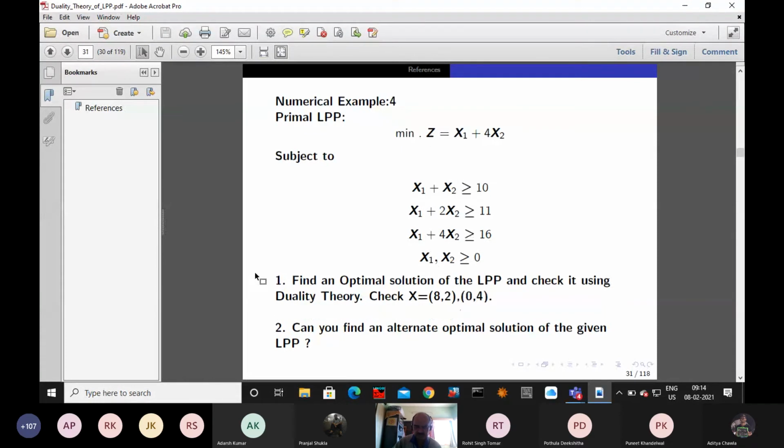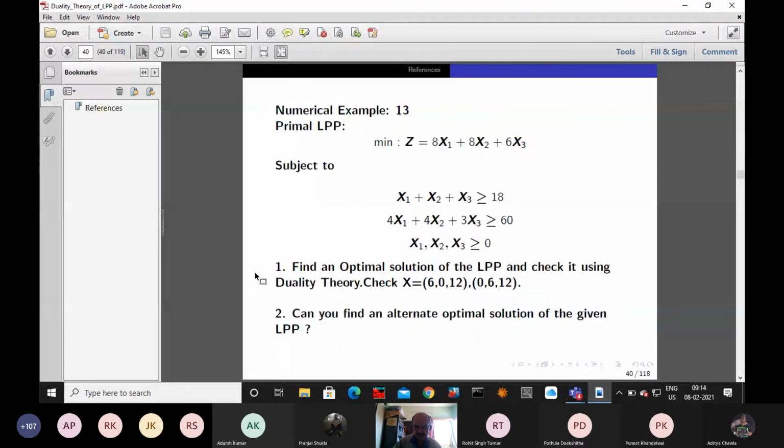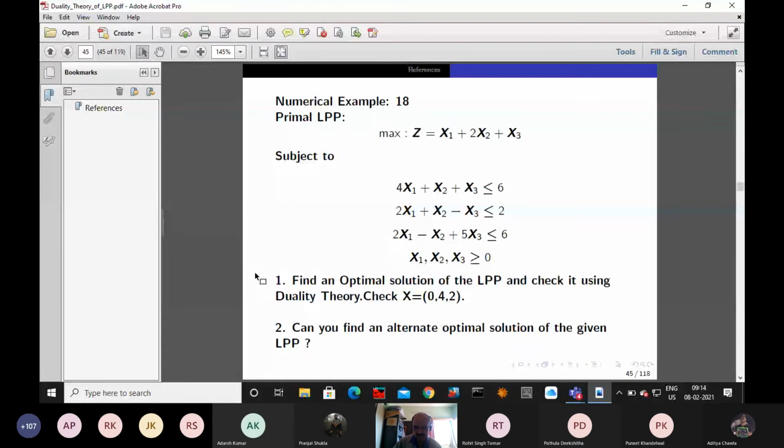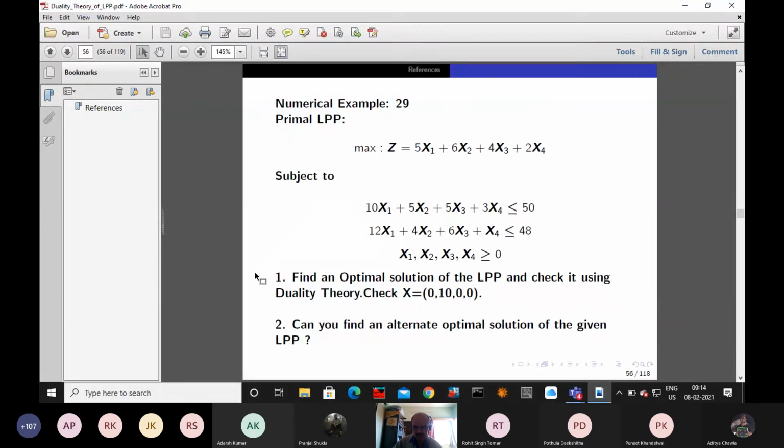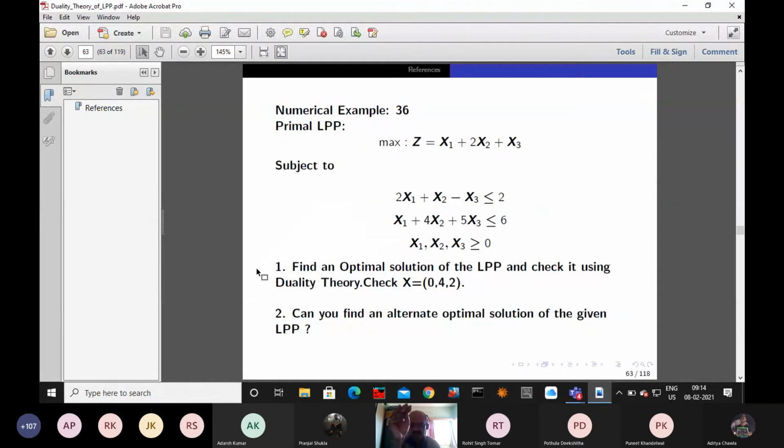A lot of problems are there. So why are a lot of problems given? See, already a solution is given. Without solving the entire problem, where the question is given, you check whether it is the correct answer or not, whether it is optimal or not, etc. So you have to verify and write.